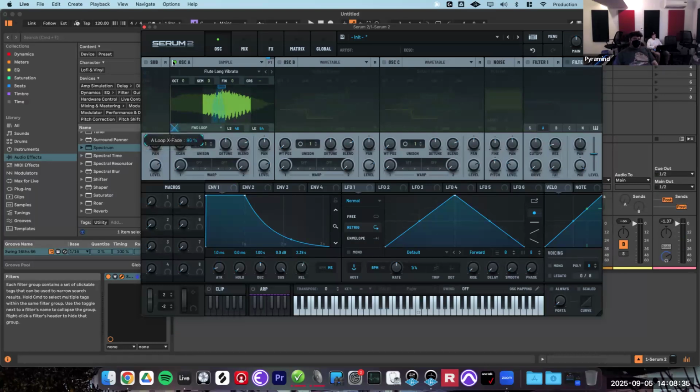So you can try turning the crossfade up even more. You can still kind of hear the loop, right? Or another thing you can do is adjust the length and position of the loop itself. So if I make this a little bit of a longer loop, and then put it around an area where the sound stays as the same as possible, then